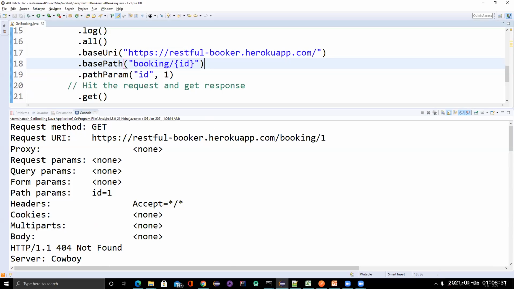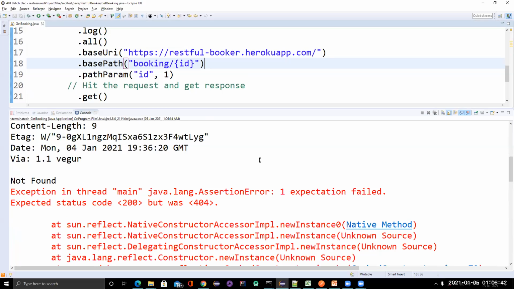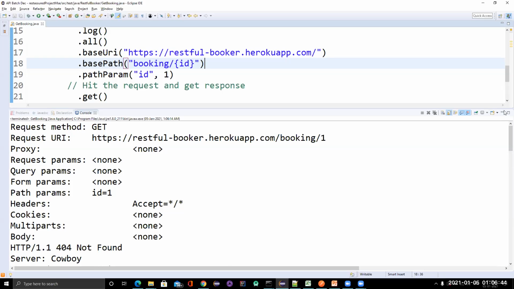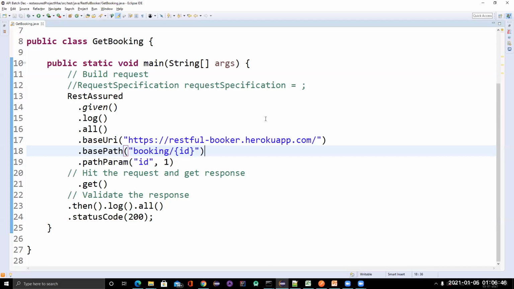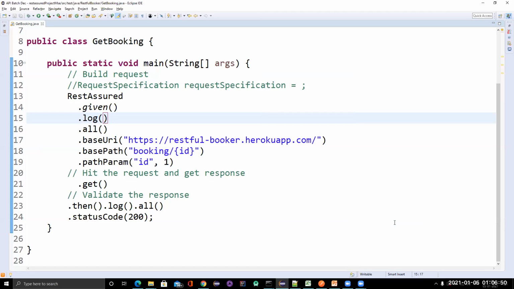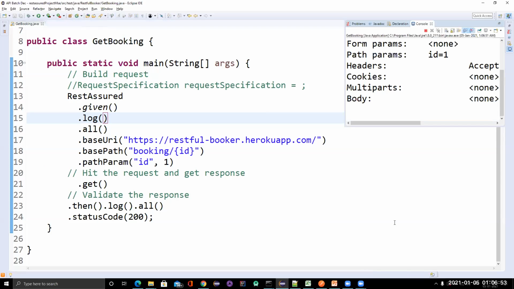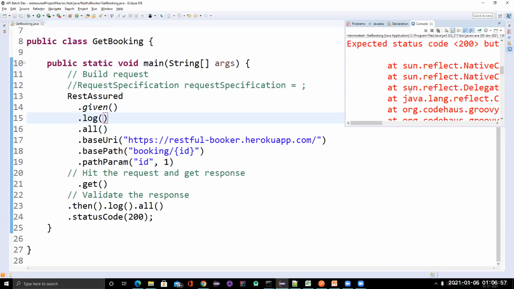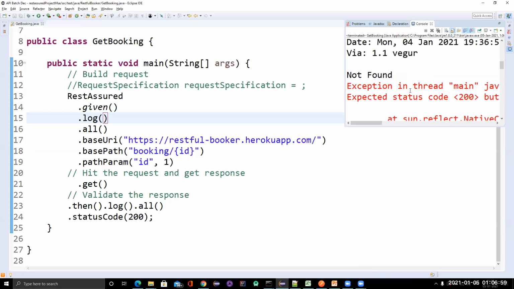Okay, URLs are correct, everything's correct. I don't see any problem here. But maybe this particular API might be down. This might be down, that's why it is giving error. Because I don't see any problem in the script. So let me run it again, just to see what the problem is. Okay, so for sure there's some problem with this, what do you call that,